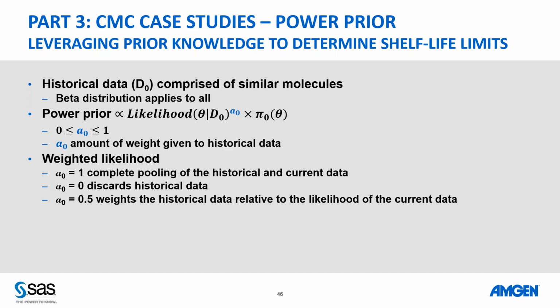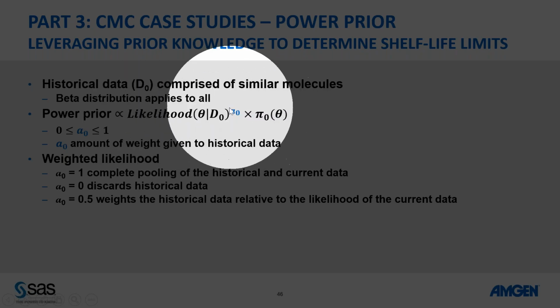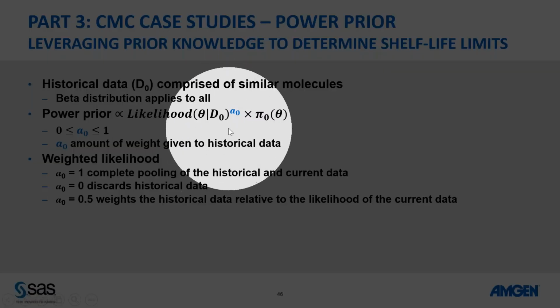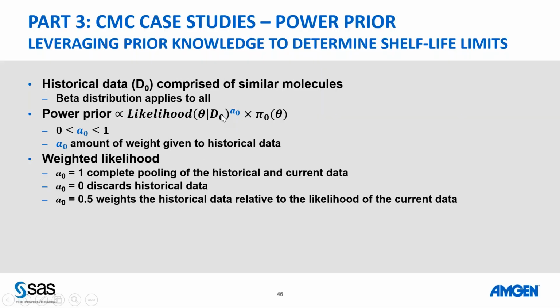As you just said, if it's 1, we're completely pooling the information because this term disappears. In traditional Bayes, if this is 0, then you're getting rid of the historical data. But if you put something in between, like 0.5, then you're borrowing from the historical data set by a certain weight. Fang always cringes when I say this is 50%. It's not exactly 50%, but I think of it as borrowing 50% of the historical data. Right, it's not quite like that.